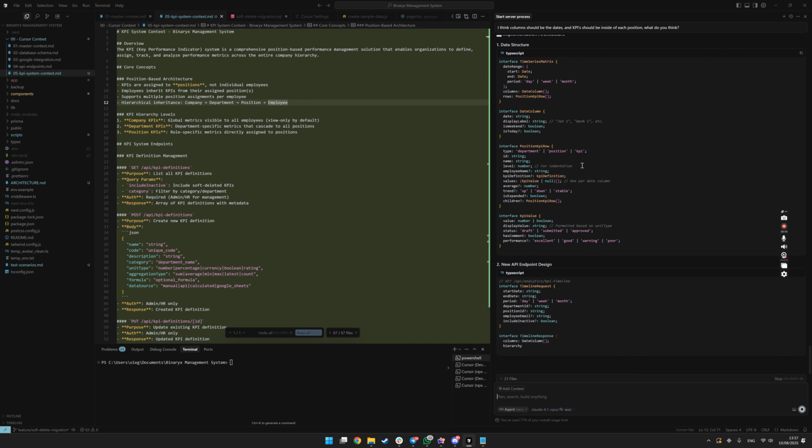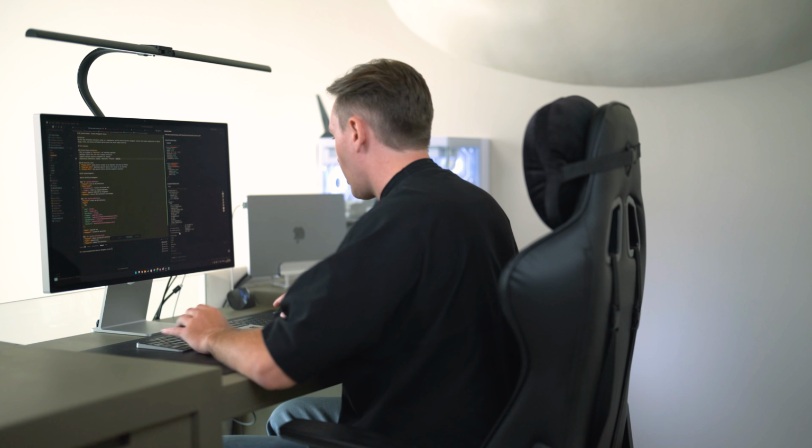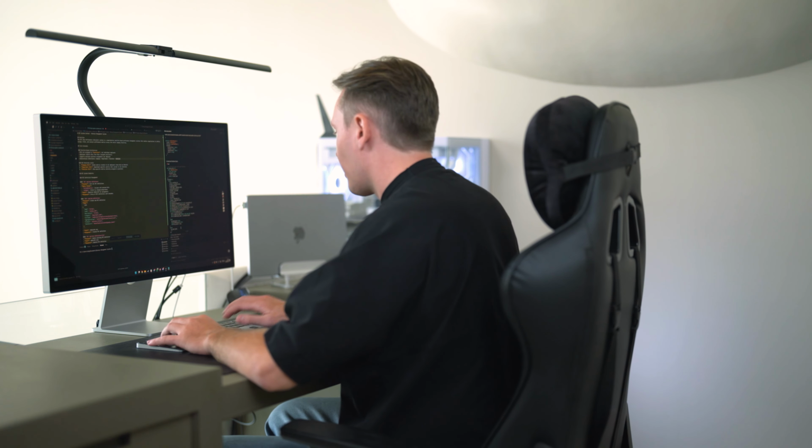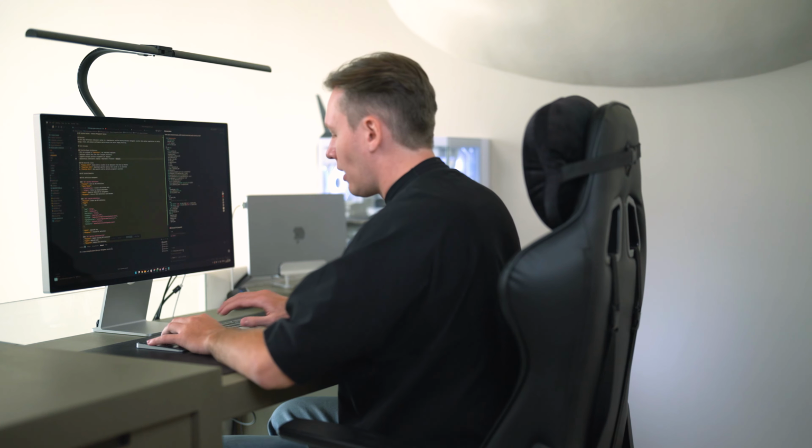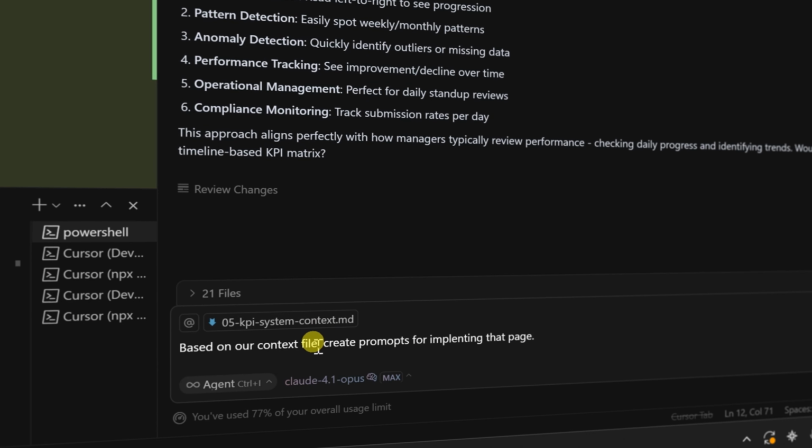What we can do right now after he did that kind of proposal to us, we can find the context file that we already have. You can ask him, based on our context file, our KPIs system work, without "please". It's not necessary to ask please. Sometimes I see that if you ask with "please" or "let's do something" and using common words instead of the direct approach, he starts working worse. So you don't need to use that kind of polite words for AI. But if you're scared that AI will kill you in the future, probably you need.